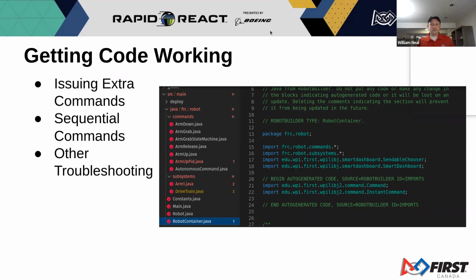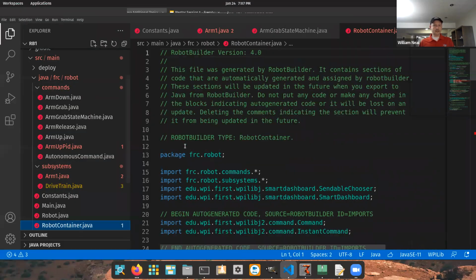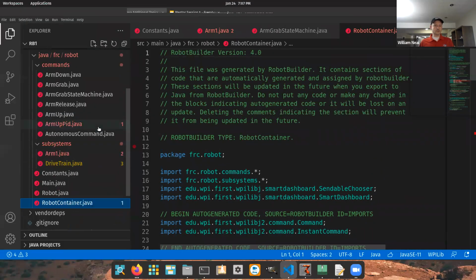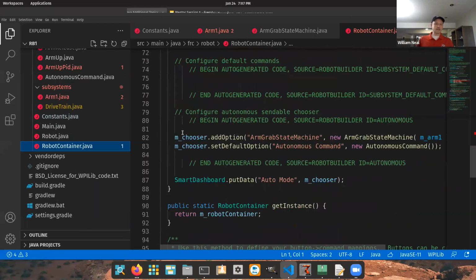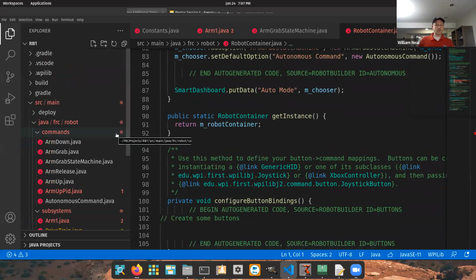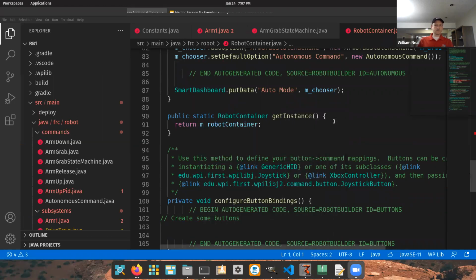All right, so we will now take a shift over to our VS Code. And I have here a whole set of code that was generated using the robot builder, but I'm going to start from scratch and build up a new robot using our robot builder interface right here. So let's